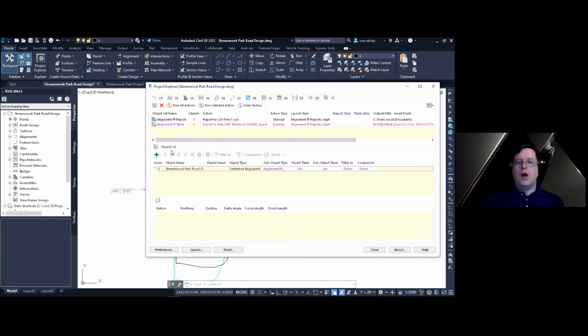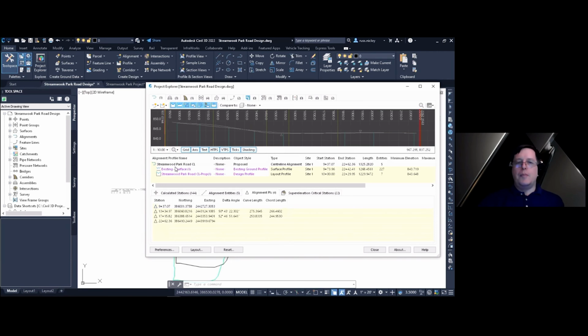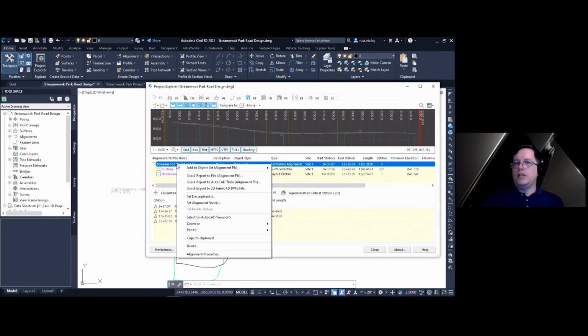So with that, let me switch back over to alignments, because I want to export out a 2D drawing file. Now, one of the options in the object set export was to make a drawing file, and we can do that. The dialog box is very similar to what we've already seen there. But I do want to point out something in the right-click menu over here, and that is the quick reports and quick export. In fact, before I do the export, let me show you what a quick report looks like.